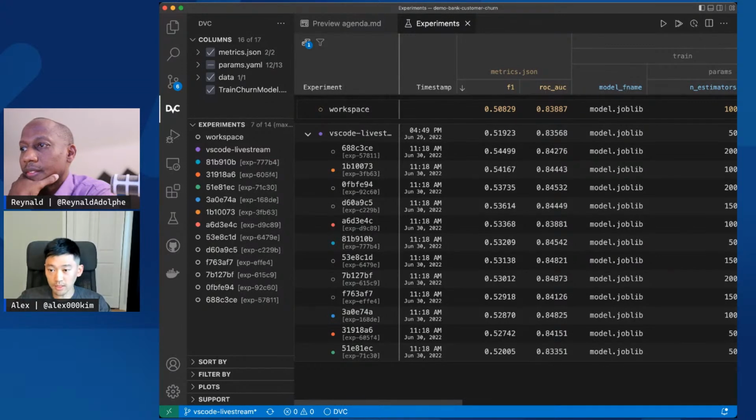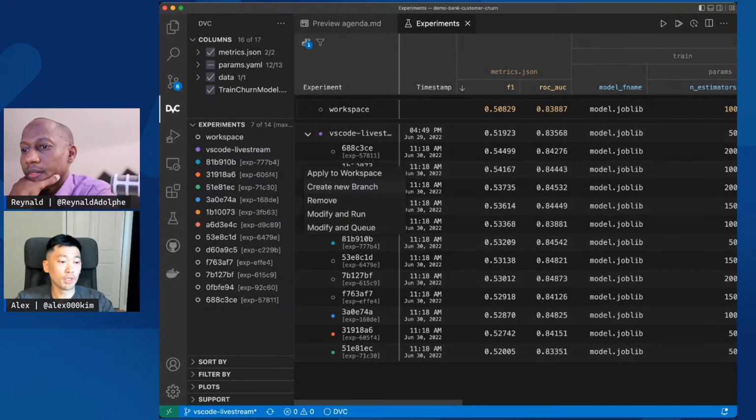So let's say I want to continue with this experiment. At this point, I've got a couple of options. If I right click on this experiment, I can either create a new Git branch out of it, and continue building on top of this experiment, hoping to improve it even more, and then maybe create a pull request into the branch that I work on right now. Or I can just apply this experiment directly to my workspace.